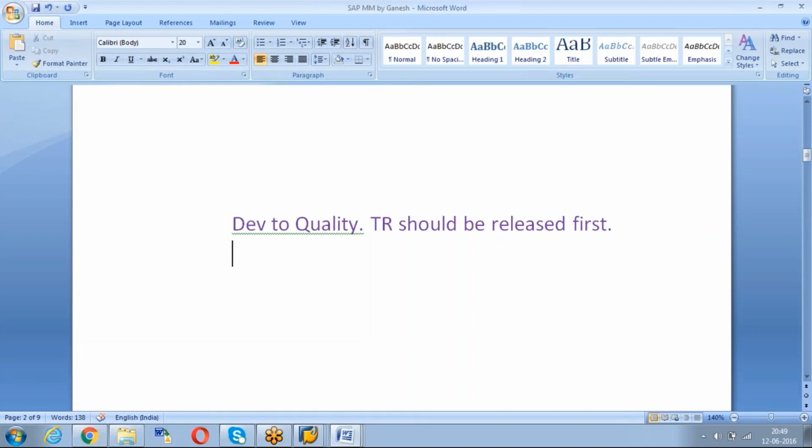First you release the TR, and then we share the list of transport requests to basis, as per the sequence.